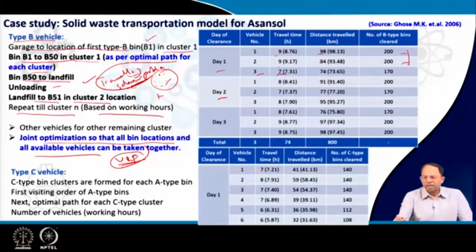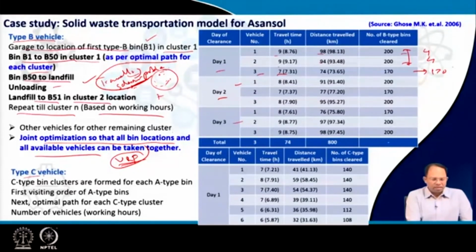So the first 2 vehicles collect from 200 bins, so they are able to do 4 clusters each, whereas the last vehicle just needs to go to and collect from 170 bins, right? So in day 2 also similar values could be found out. Maybe the day 2 results are different, the day 3 results are different. It depends on the quantity of waste generated and so on. So similarly,